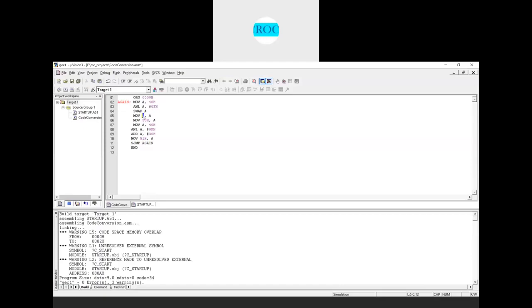Next, the next ASCII code I will pick from memory location 41H, which has the second ASCII code, 39, right? 39 I will move into the accumulator.